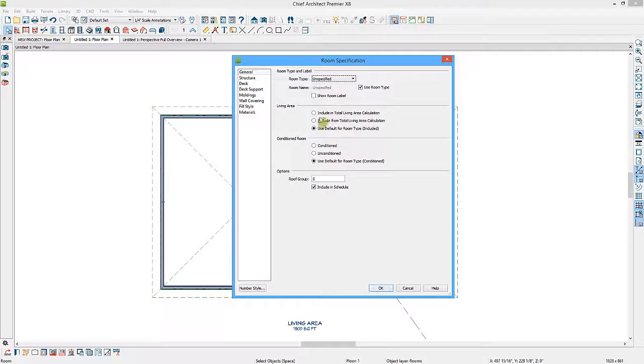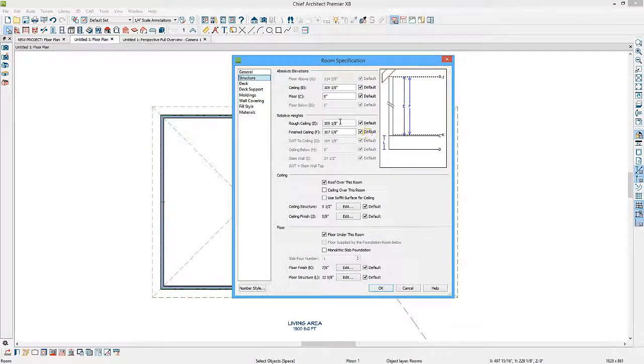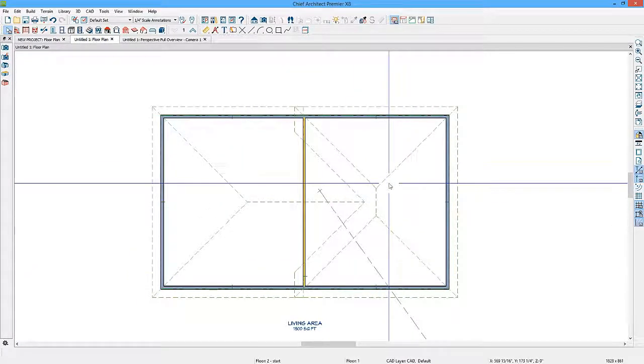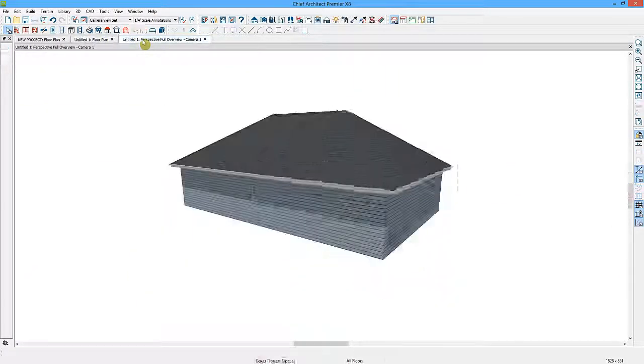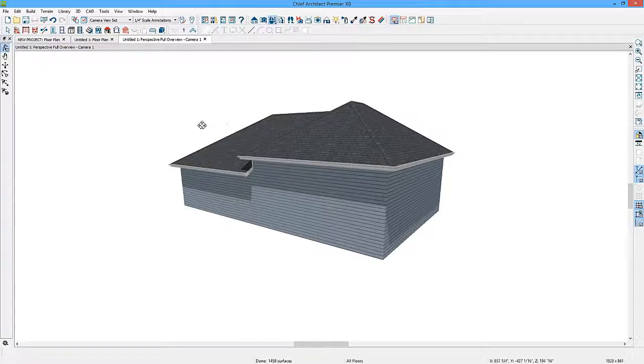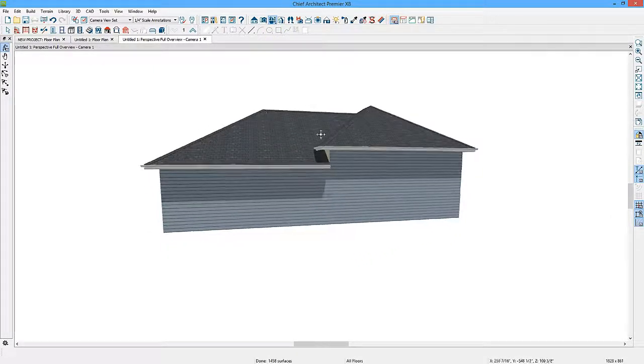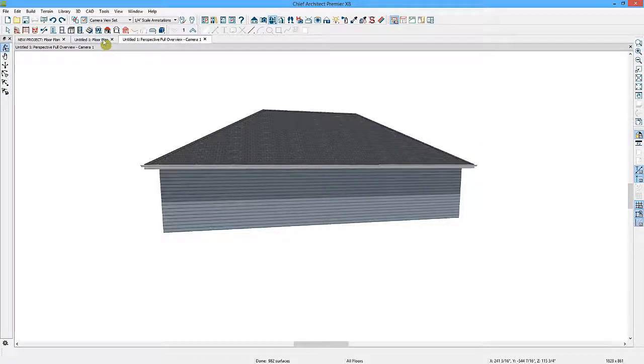Now, if I double-click inside this room and change the ceiling height, that determines how high the roof will build. I'll change the ceiling height to 144 inches. Hit my Tab key to see that the other fields update and my preview pane updates, and click OK. And you can see that the roof now has built differently. We'll take a look again at that perspective full overview. Here in the perspective full overview, you can see that the roof on this part of the building has built higher. The roof on this part of the building has built down lower. I'll go ahead and click Undo to bring that roof back down, and then go back to the floor plan